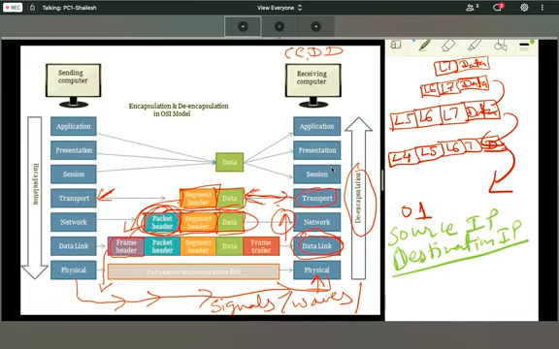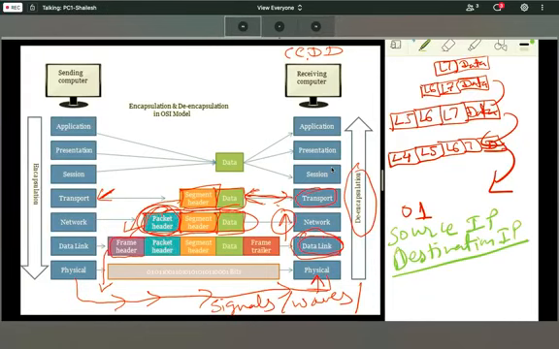So your seniors will create a session or a tunnel, and give a clear instruction that this person belongs to our company, let him come in. That is the session layer.